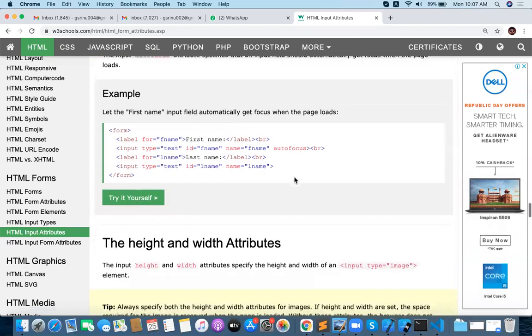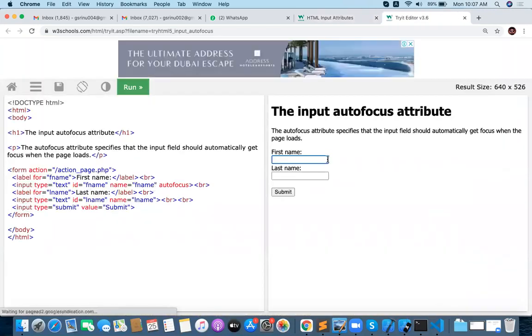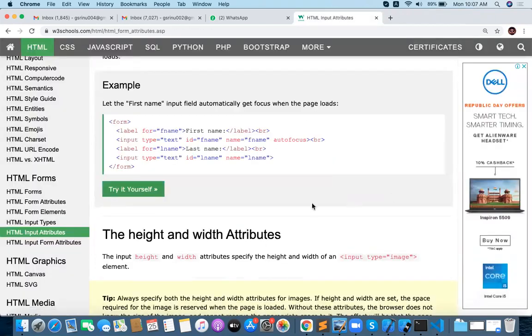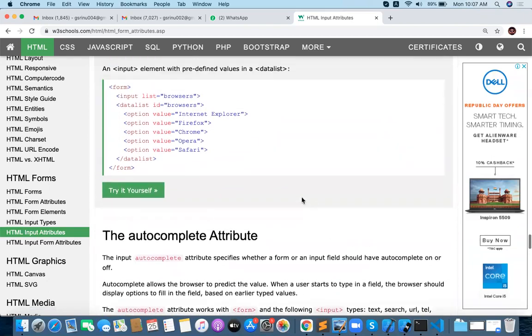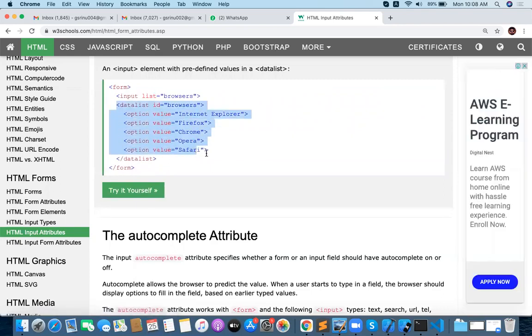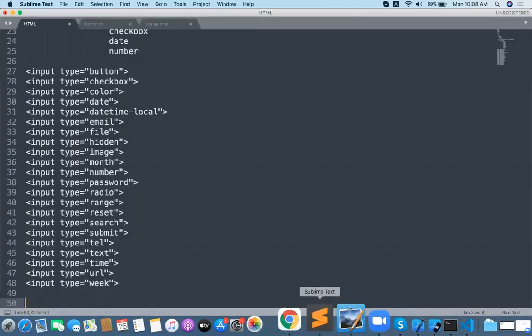Very clearly it is showing that. Autofocus is working. Autofocus is a simple attribute, and that input is automatically focused for you. And coming to the list attribute, datalist is there, and we can provide the data one by one. We will see.